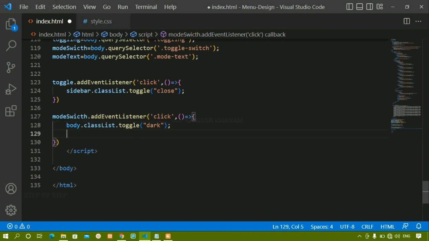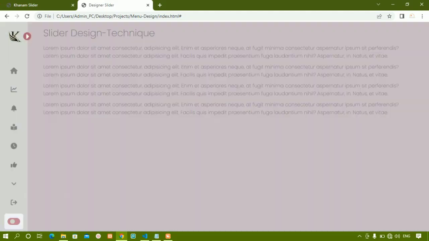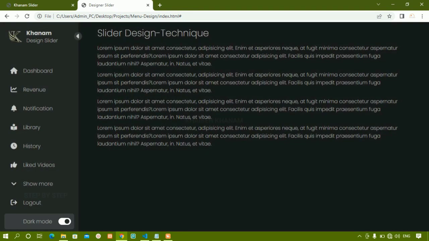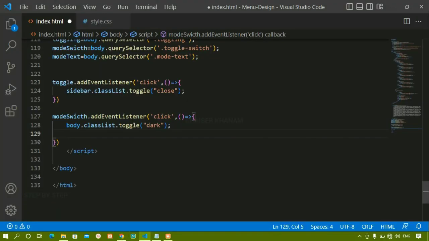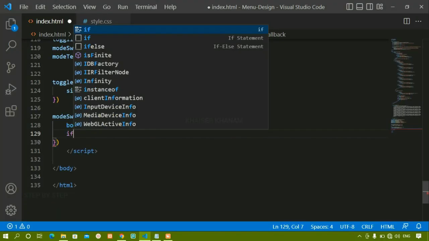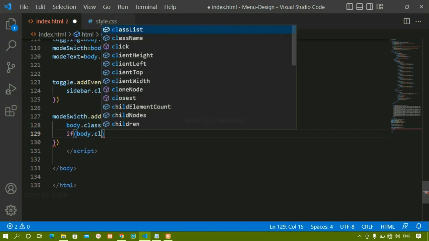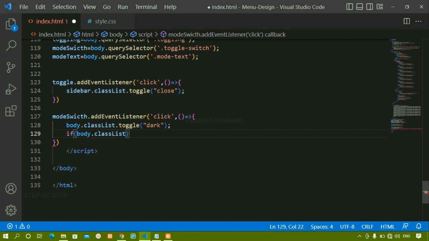Now what I am going to do, I just want to change this text as well. Whenever I click on this, here I am having this dark mode. When I am in dark mode, I just want it to change to light mode. So I am going to write an if else here. If my body dot class list contains this class, if it is in dark mode, I just want